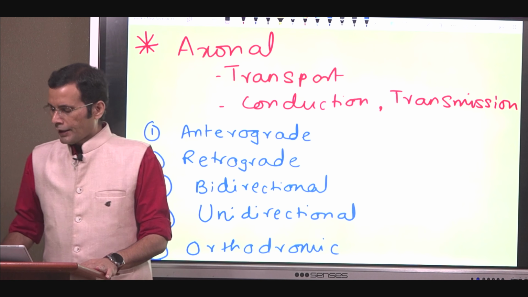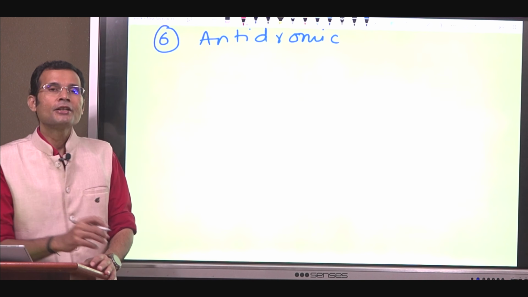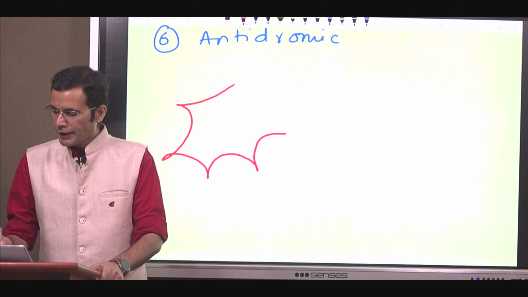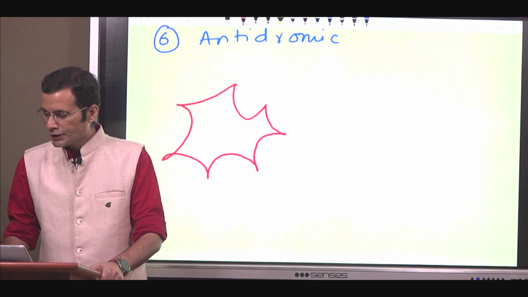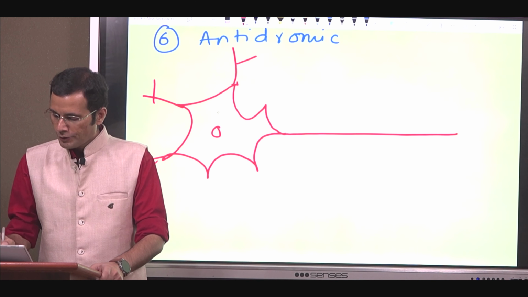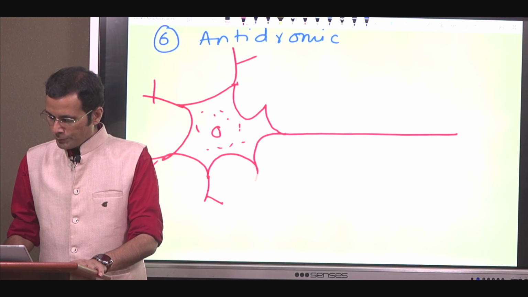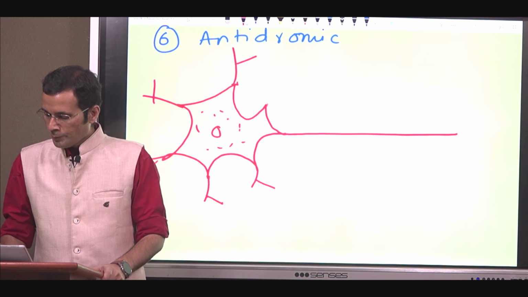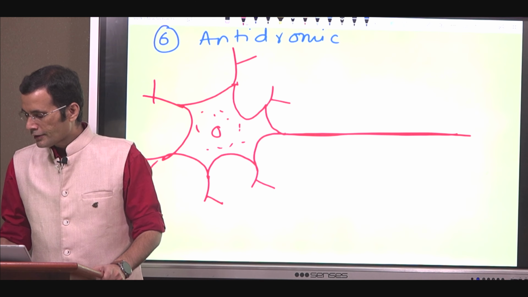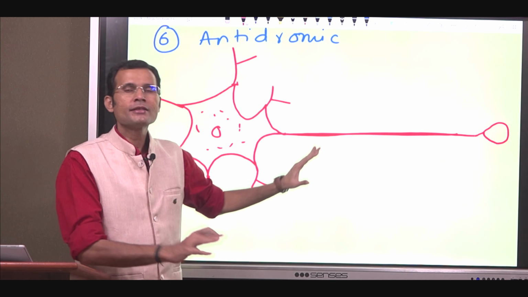First thing is, let's understand the neuron. The basic structural and functional unit of the nervous system is a neuron. And if you see a typical neuron, it has a nerve cell body and its extensions all around. Small extensions, the dendrites, and then there is a long axon on one end, which we call as nerve fiber. So axon is the nerve fiber,